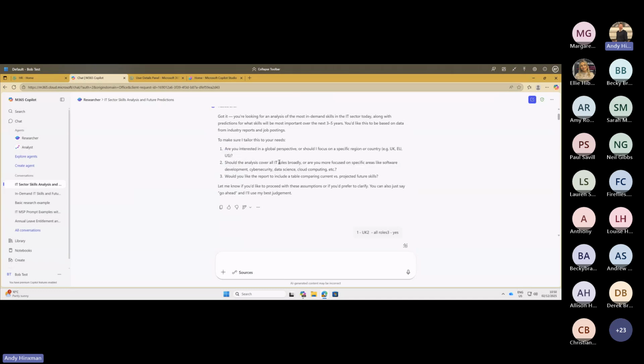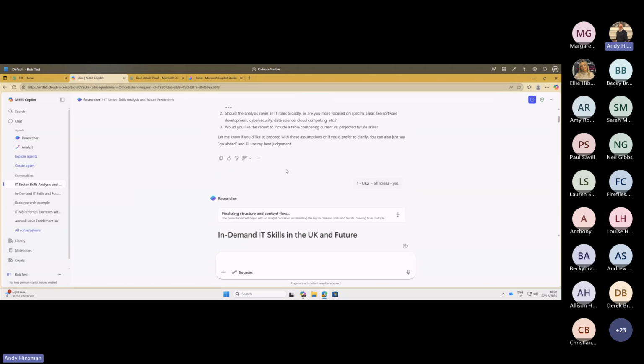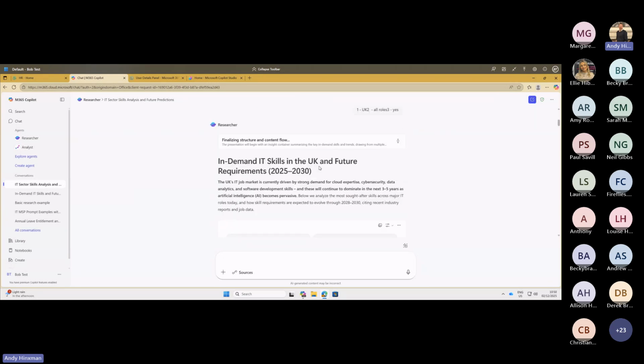So am I looking at just software development? Am I looking at AI? Am I looking at anything, everything? And then lastly, it also asked, would you like the report to be in tabular format, comparing current and future skills? So I very clearly just wrote, I'd like UK, all roles, and yes, give me a table as well. This took about 10 minutes rather than 5 seconds, but it went away and looked, and it's given